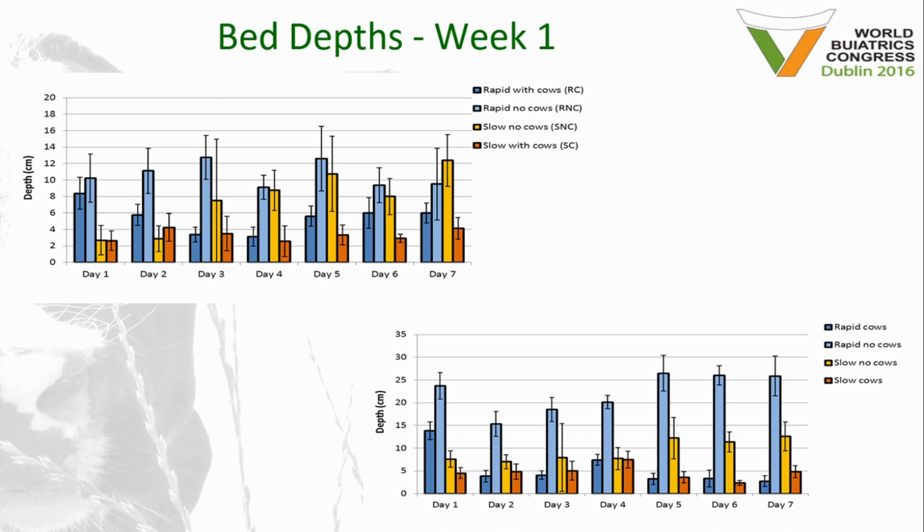So there's no great fantastic trends through this. I think a lot of this study just says that there's a lot we still don't know. But we're looking at bed depths here, first week, and you can see, as you would expect, if we just look at the bars, we've got rapid fill. So you can see the dark blue rapid fill with cows in, rapid fill without cows, and then the shallow